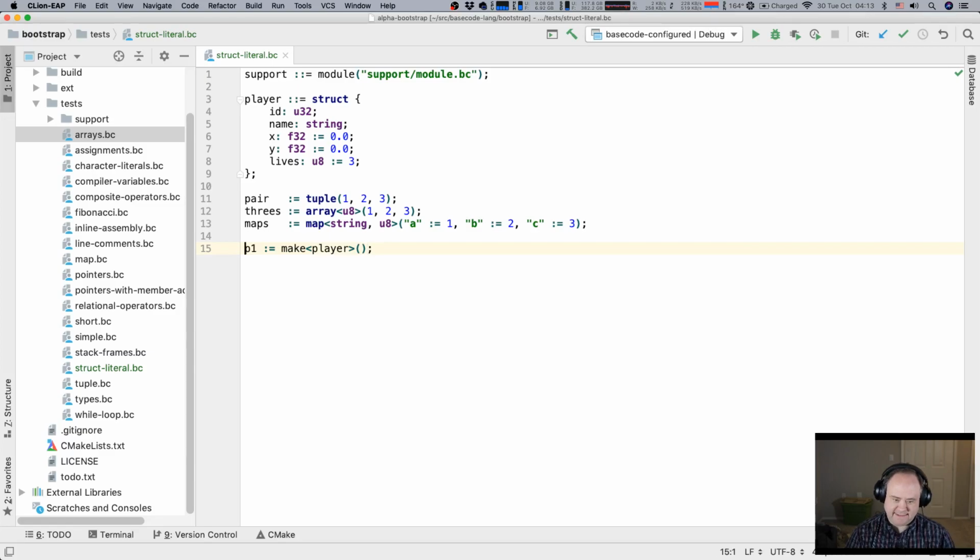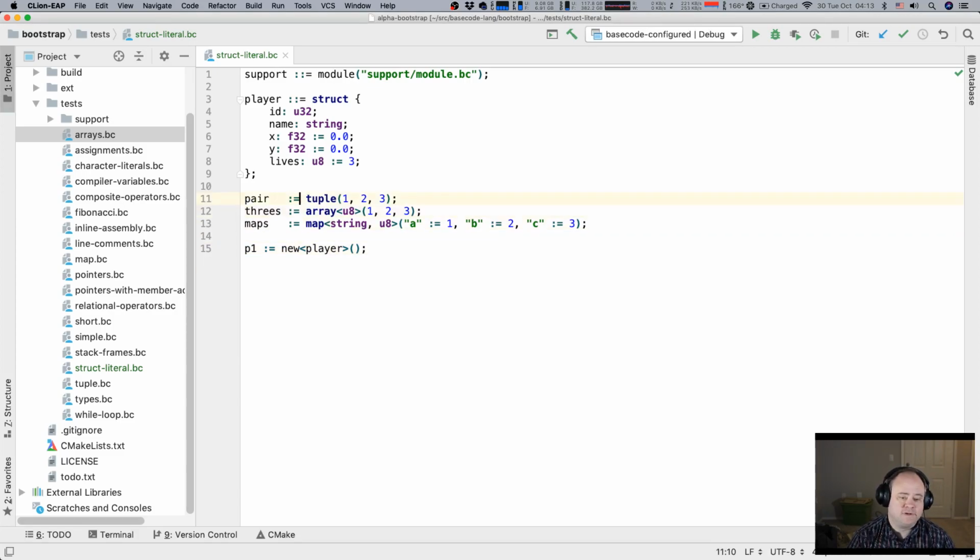So I kind of like the idea of make. But we could also do new. It's not an OO language.